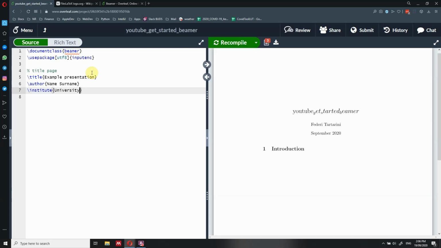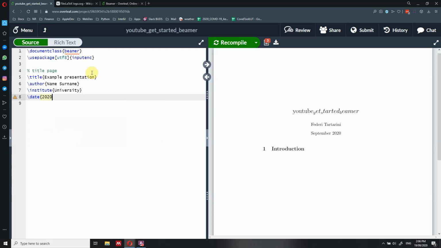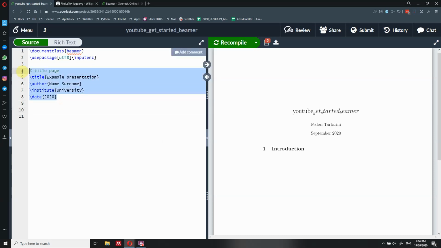This is going to be a very, very simple example. We are going to go more in detail later, and we're going to see how we can change this. And then we have the date. Okay, so we specify the date, and in this case, we just put 2020. Okay. So now that we have specified our title page, so only the title page will be specified actually outside